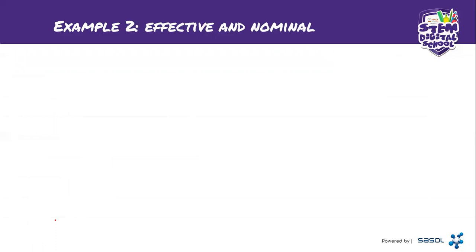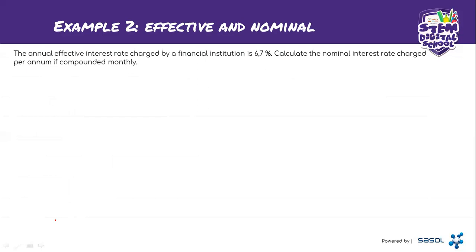Simply, example 2, we're still on the effective. The annual effective rate charged by a financial institution is 6.7%. Calculate the nominal interest rate. In this case, we are no longer calculating the effective interest rate, but now we are calculating nominal. Let's see how we do that. So we will have to make this I nominal the subject of the formula. But first we substitute the effective rate,